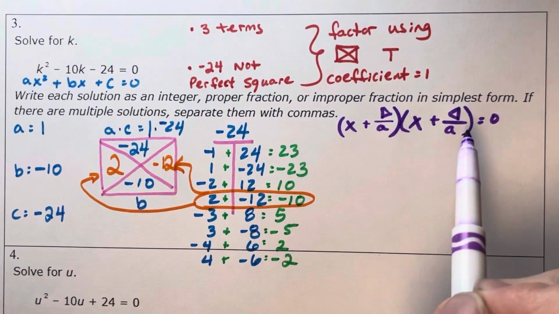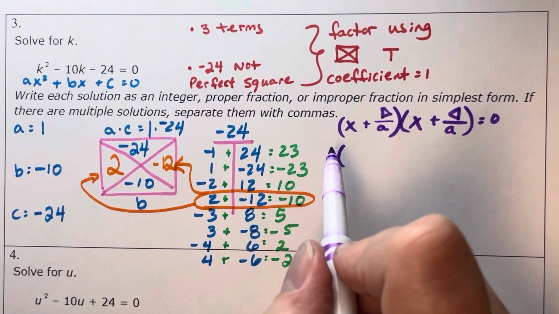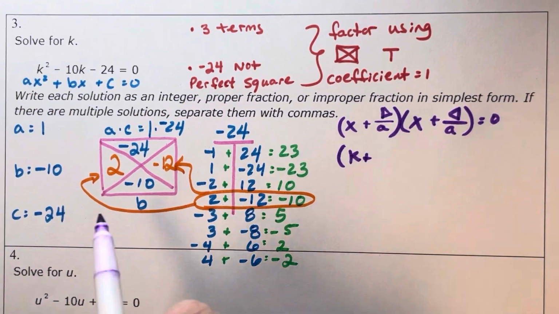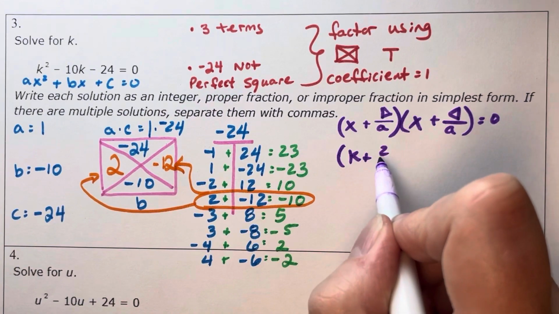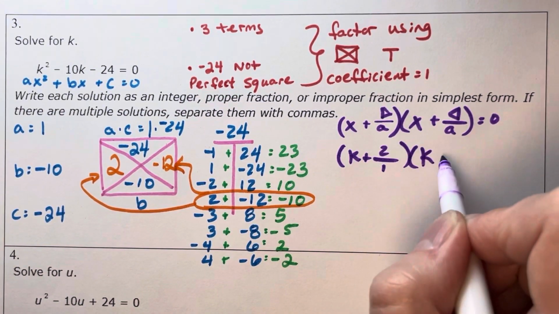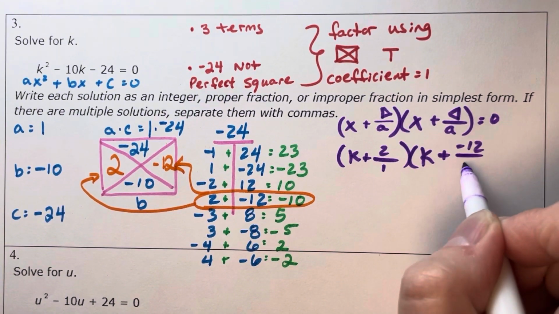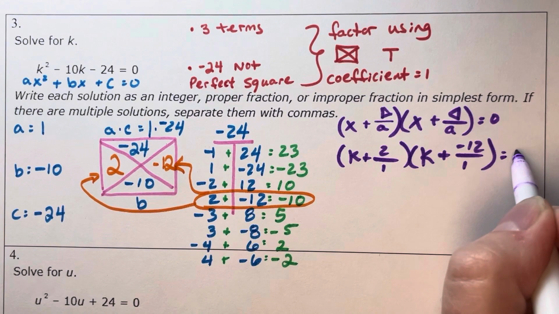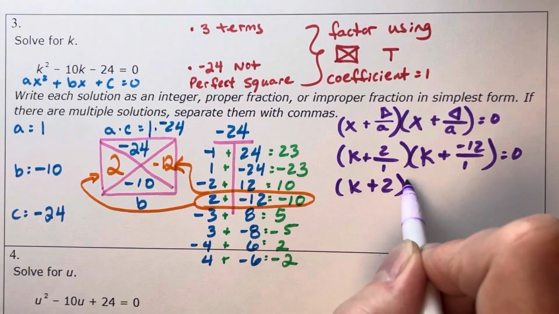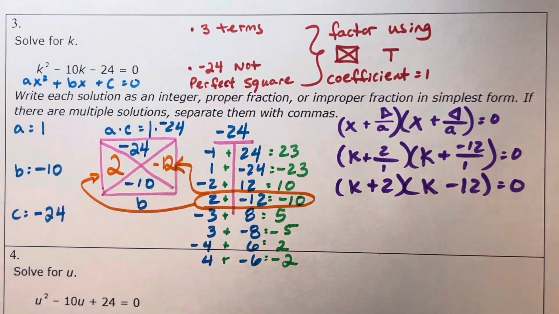Let's build our binomials. So we have our guide to remind us how to do that. Our variable of choice is a k. My left wing is a positive 2 over my a number, which is 1, and my right wing is a negative 12 over my a number, which is still a 1. Let's clean this up. This becomes k plus 2 times k minus 12. Now we're ready to factor